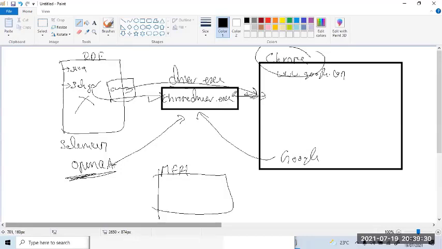Now, how exactly does it work? Internally, all this happens using API calls. Which API does it use? It uses a protocol called JSON wire protocol. We will talk about this later. This is very early and I don't want to confuse you. We'll come back to it. Don't worry. But let us quickly see this.